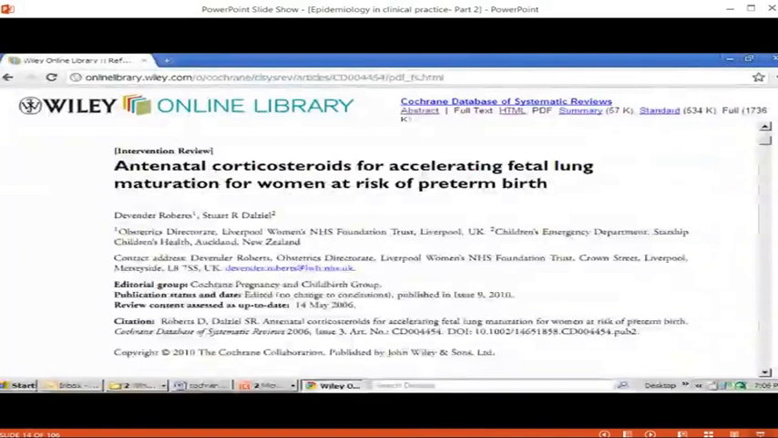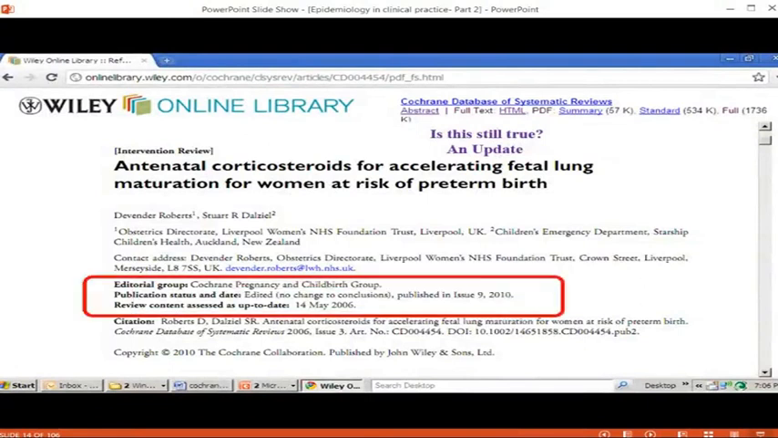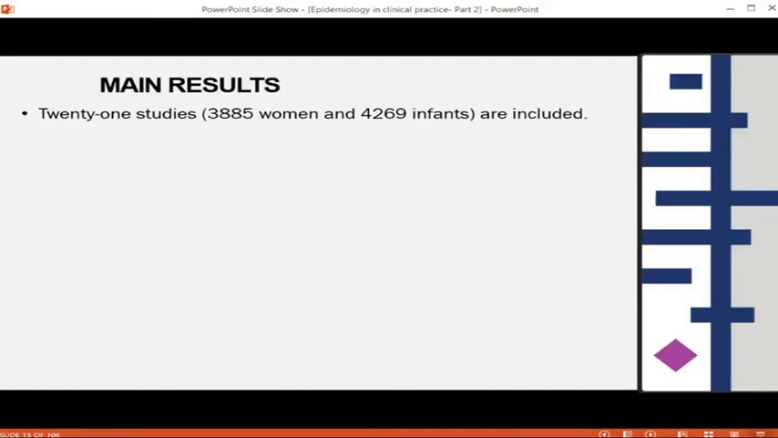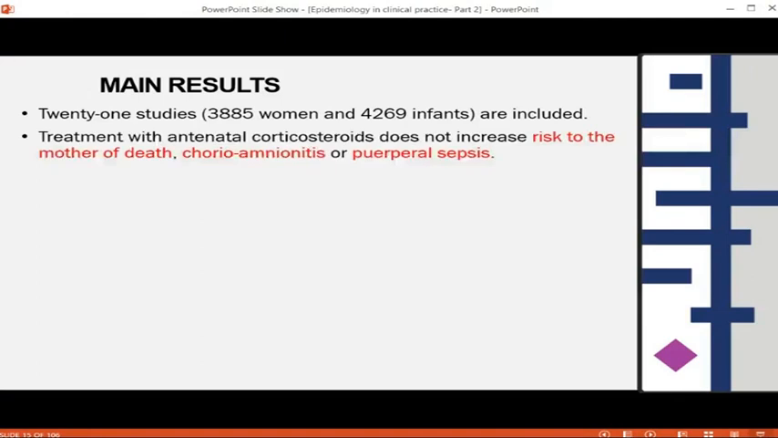I want you now to ask yourself, did we make the right decision then? It was a long time ago, 1995. So I looked at the more recent update. There's even an update after this. But this particular update had found 21 studies. That's because Cochrane reviews keep getting updated every time some new evidence comes out. So in these 21 studies, there are a larger number of women, and they clearly showed that treatment with antenatal corticosteroids does not increase risk of death to the mother,